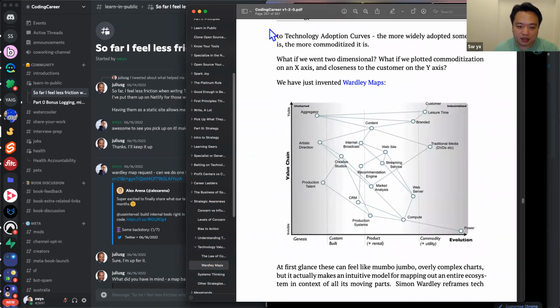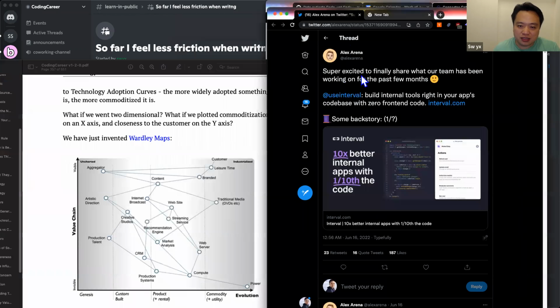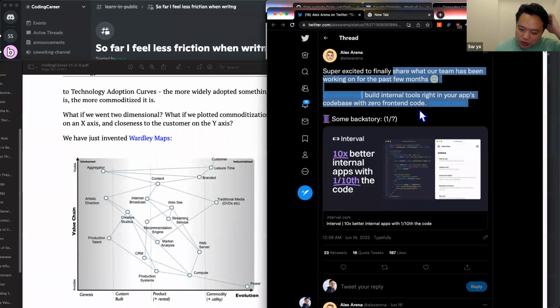There are two axes. One is the baseline, the lowest part of the stack, and the top of the y-axis is the most visible user-facing part of the stack. Then it goes left to right from original invention all the way to commodification, where everyone takes it for granted. In this way, you can track the value chain of an entire industry from source to destination, essentially. And I've noticed that this tool was launched this week, Interval, and there